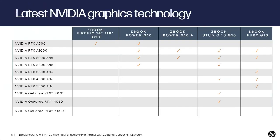And then I'm going to let Nina talk about this when we get to the NVIDIA part, but this is just a nice chart to show what kind of graphics cards we can get across the board. And I will point out, just in that studio space, so that second column from, I guess, the right or left, under ZBook Studio 16, you can see a combination of GeForce as well as RTX cards. So a lot of that kind of gaming and virtualization along with RTX for customers that might be doing a little bit of